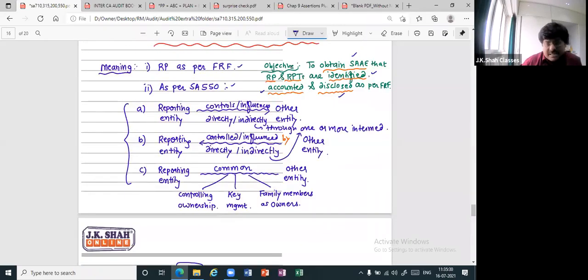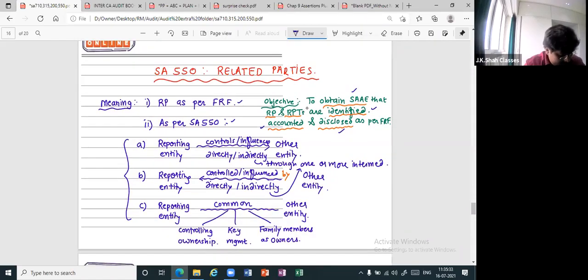By the way, this is related to chapter number 3. Not key. Any one should be satisfied. Either this or this. All three together, no. And in this also, either this or this. All three together, no. How much relation? Then there is too much relationship. It will become a bit claustrophobic.